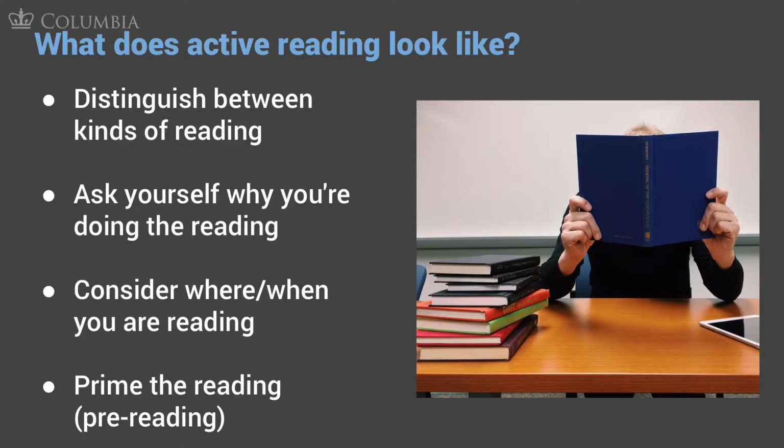Next, we want to prime our reading. And as far as I'm concerned, this is one of the most powerful strategies for reading actively, especially when the material is complicated. If someone were to assign you Nietzsche's On Truth and Lying in an Extramoral Sense, you would find yourself in the presence of a very difficult text. And trying to read that text by starting at the beginning and ending at the end would leave most of